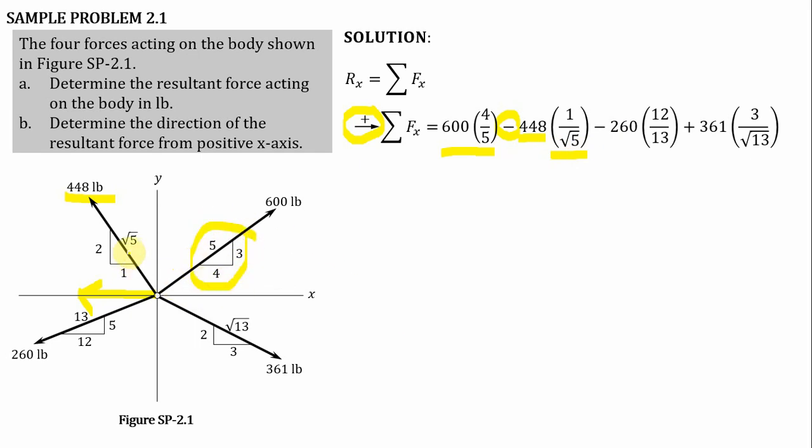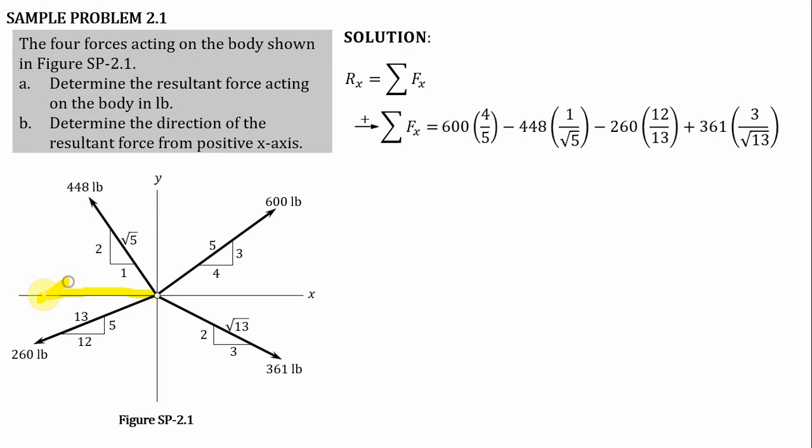Okay, if you assume an angle here, and if you assume an angle here, I'll just call this alpha. So therefore, cosine alpha is equal to 1 divided by square root of 5. Okay, so that's why this is cosine alpha. So that's why it's 1 over square root of 5. Okay, gets nyo? Okay? And then, the pangatlo, yung first try natin, so therefore, the